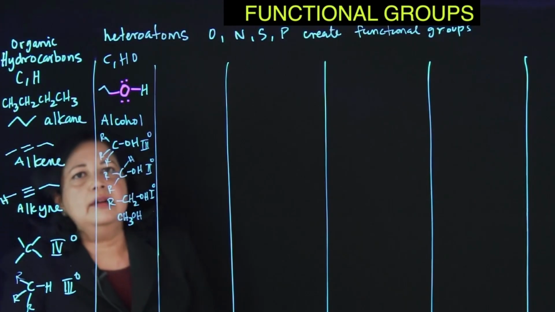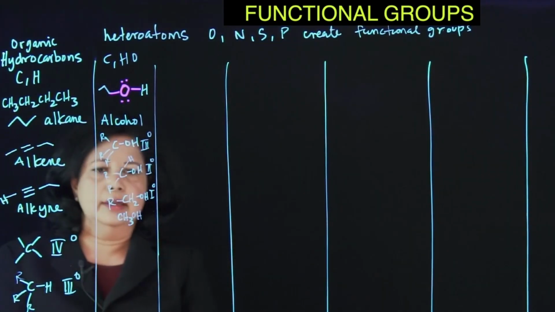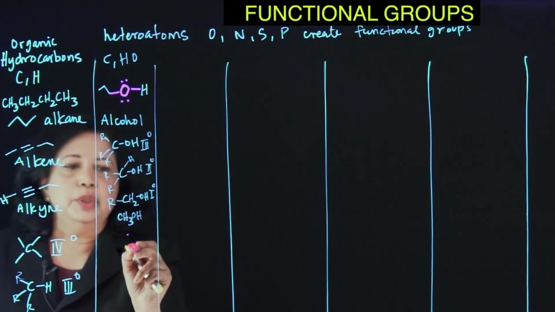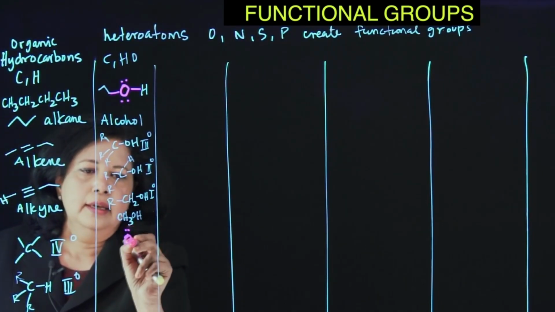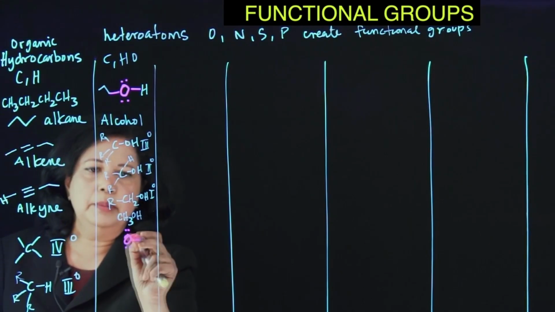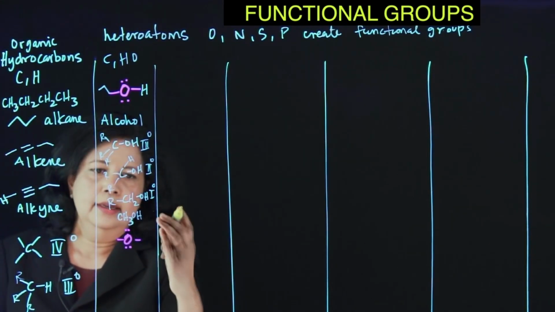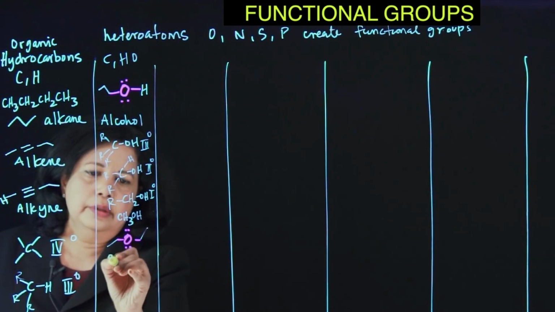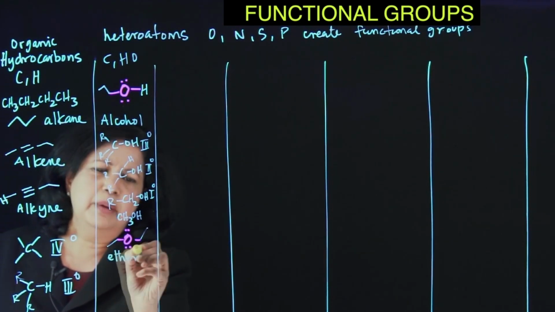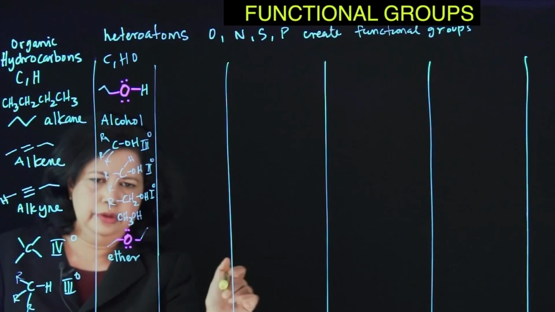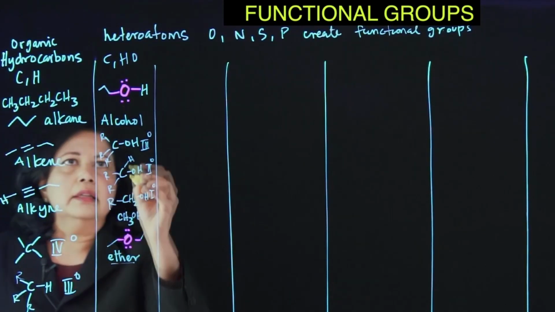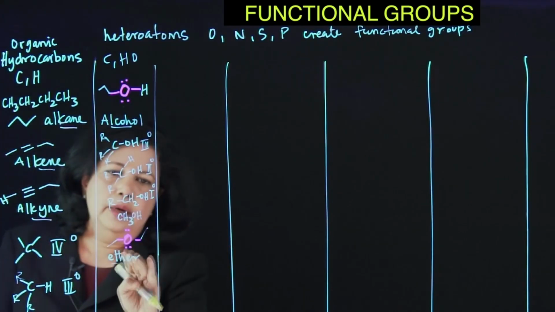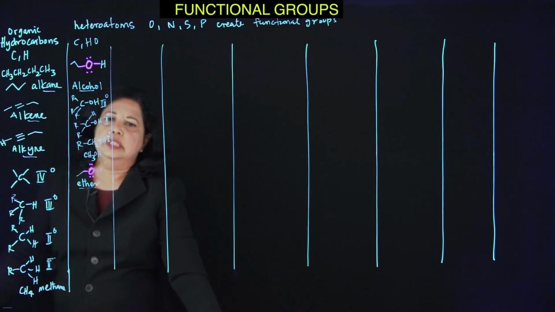Where else can we put the oxygen? We can think of putting the oxygen, well, insert it in between. And so you'll have 2 carbons on either side. So, well, let's say this is an ether. Okay, and we don't say primary, secondary, tertiary ether, it's just ether. Now, alcohols, ethers, alkane, alkene, alkyne. And what else can we do with the oxygen? Is that it?